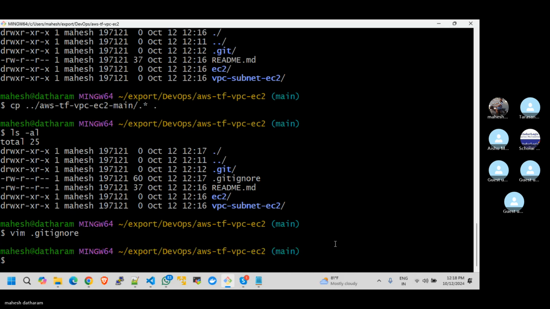The next thing you need to do is go to the EC2 folder. You can also directly use vim, that is also possible. As long as you are comfortable with relative and absolute paths, you can do it from here also. vim space EC2 slash